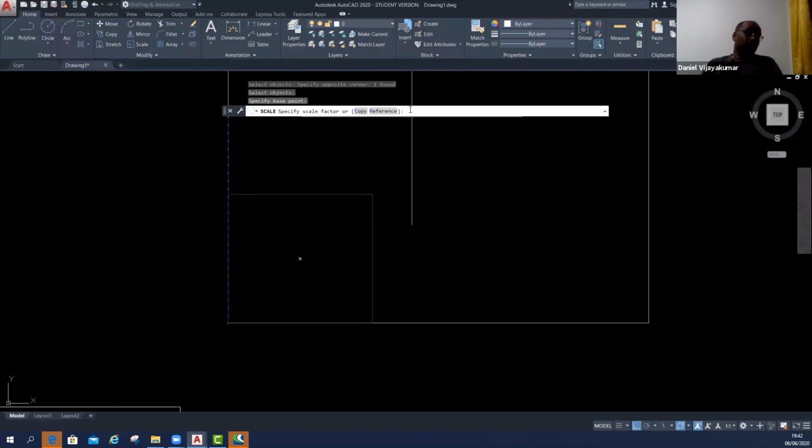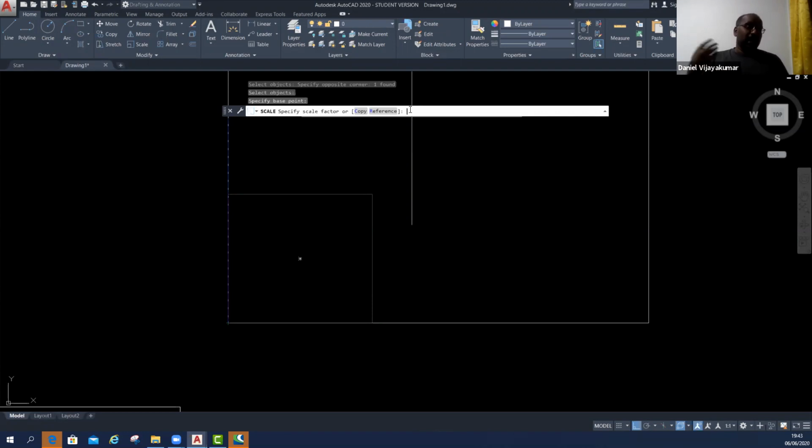Okay, how to do it? You have to do a calculation, then only you can get the scale ratio. Last time we used 1:2, it becomes 2 times bigger than the existing object. 3 times means it becomes 3 times, 4 times becomes 4 times.